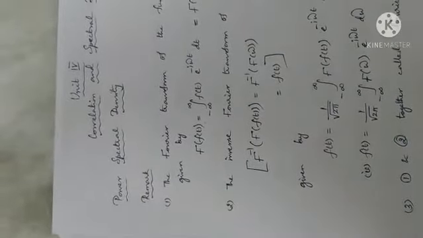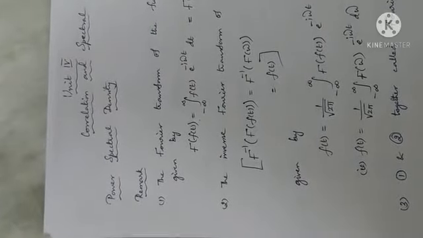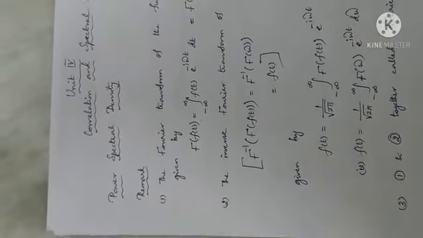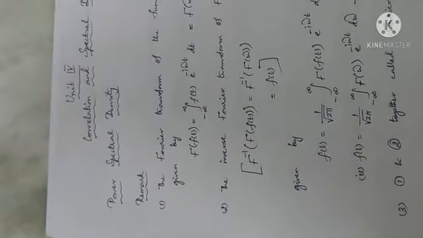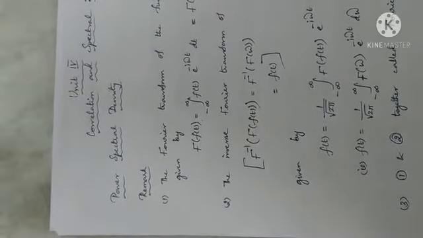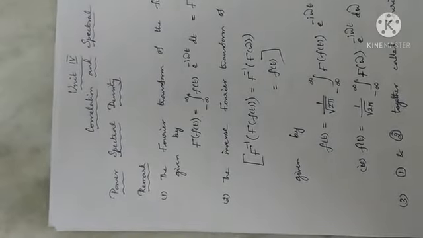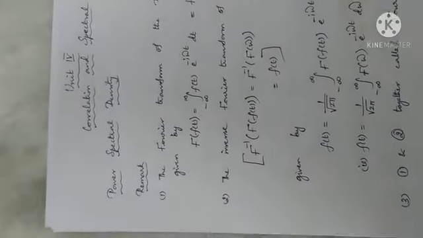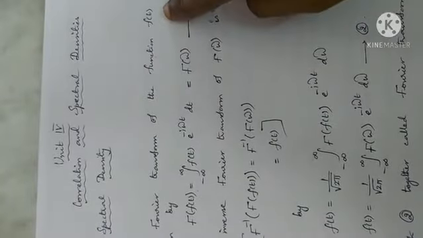The transformation helps us. A function is transformed to some other function, f of t transformed to some function of s, so that we may have some use. That's why they transform a function with the help of an operator which gives some other function, from which the subject can be developed. So, a Fourier transformation. Let us see what is the Fourier transform of the function f of t.